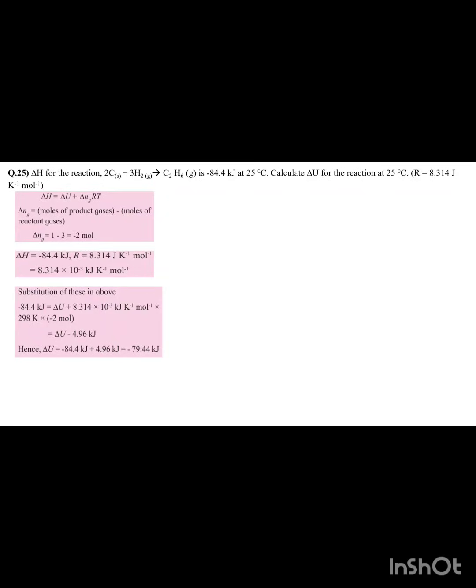So as we got to know, the change in enthalpy is the internal energy plus the change in number of moles of gas with R and T. So what happens in the gaseous state? If you observe the reaction listed above,